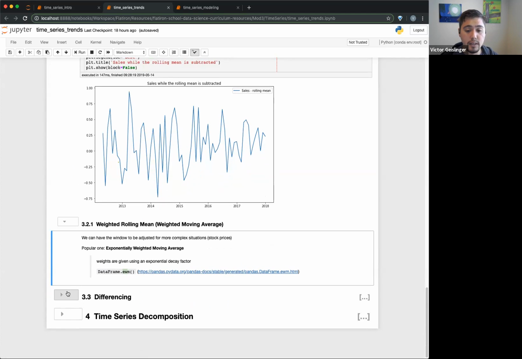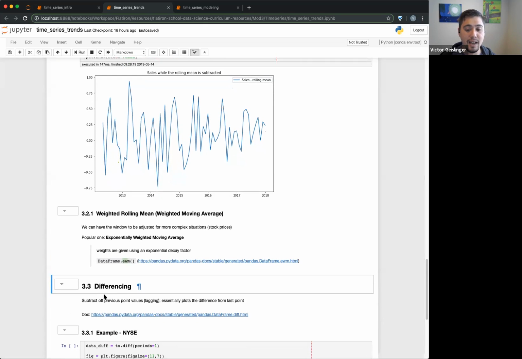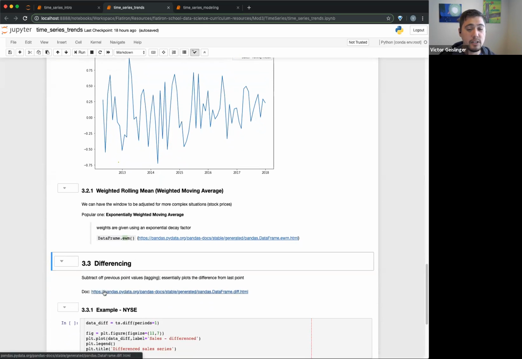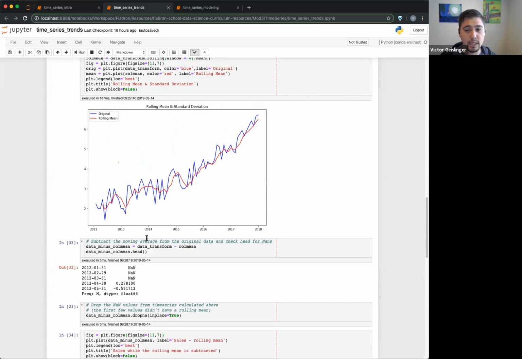All right, this leads us to our third method for removing seasonality and trends, which is differencing. This is probably the most common one that we do, and it uses the idea of lagging. We actually started getting into this point. You noticed we transformed with a square root. We also did a rolling mean. And essentially we're taking off